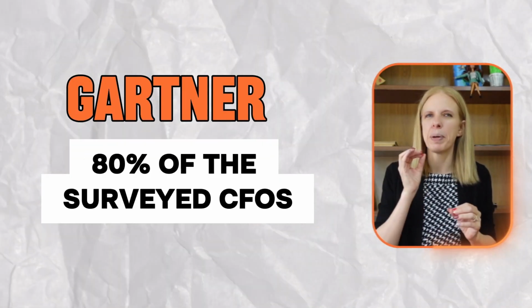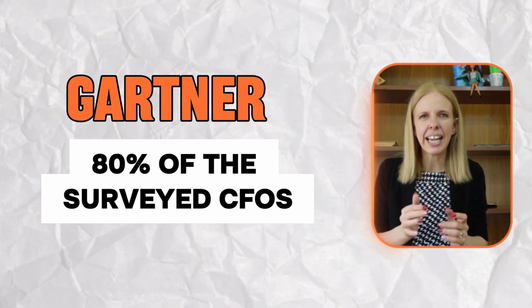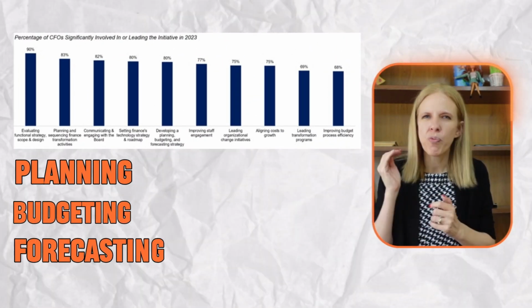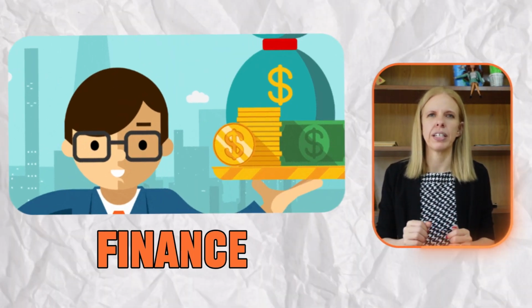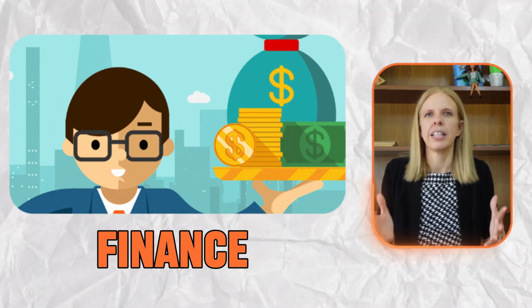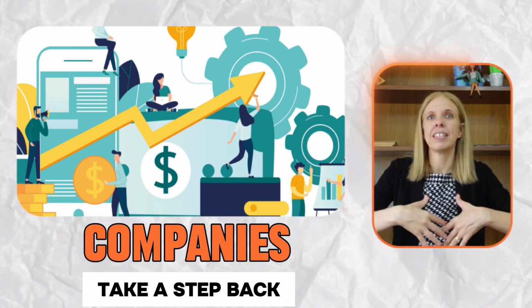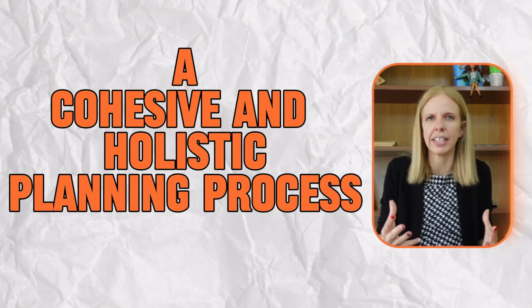Coming back to this, according to Gartner, 80% of the CFOs surveyed indicate that a planning, budgeting, and forecasting strategy is a top priority for finance. So this is the moment that companies need to take a step back and define a cohesive and holistic planning